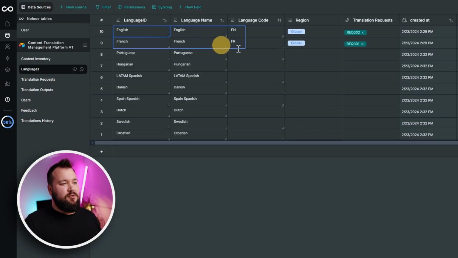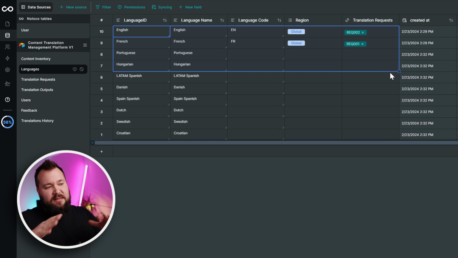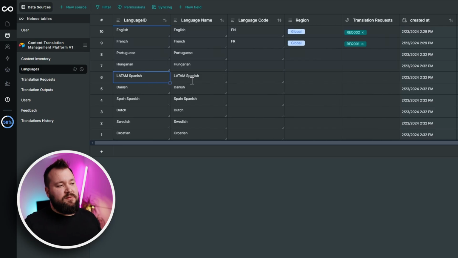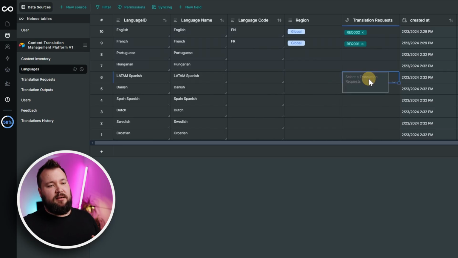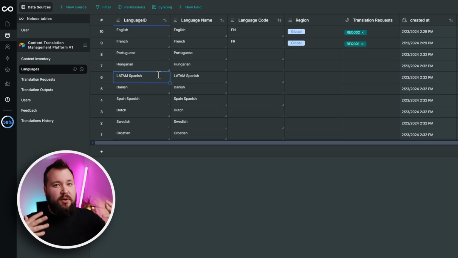Now, isn't this super reminiscent of something like Airtable, something like Excel, or a database management thing, maybe Supabase, something like that? It is. And I feel like Noloco is aiming to get as many people interested in using their own databases, Noloco tables. One thing that's still missing, I wish that they had introduced here immediately,